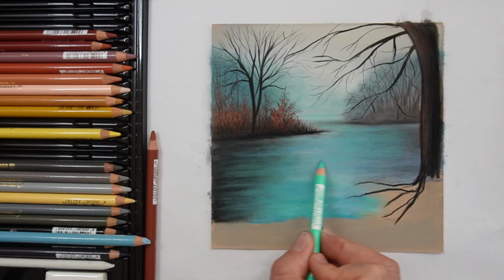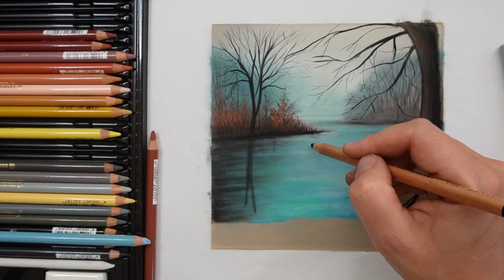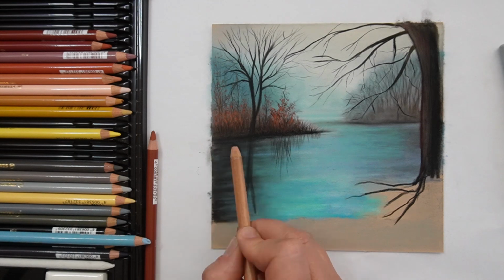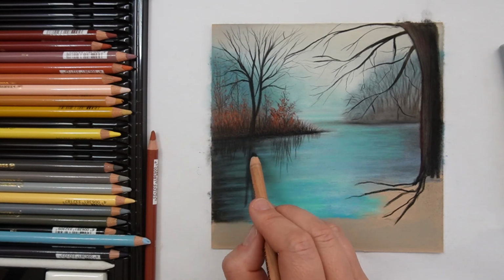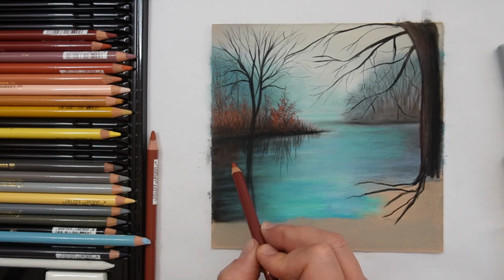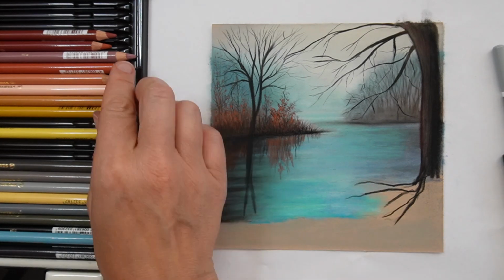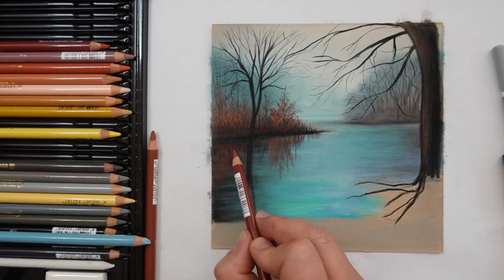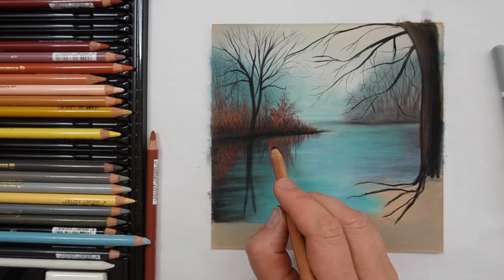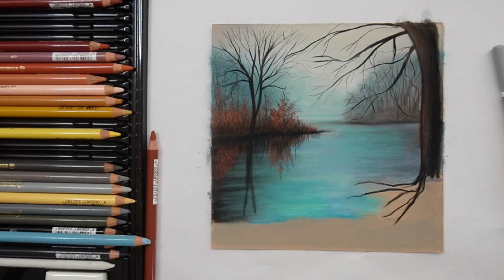I add here a bit more mint and other blue tones on the water here, and now it comes to the reflections. You know, there are always reflections in water. Here you see how the magic of water happens. You bring in reflections that go in the opposite direction of the trees above, so draw them downwards, not so detailed as above the water, but also bring in some details and the same colors in the water area. Draw the reflections, bring in some oranges and blacks, all the colors we also have above outside the water,